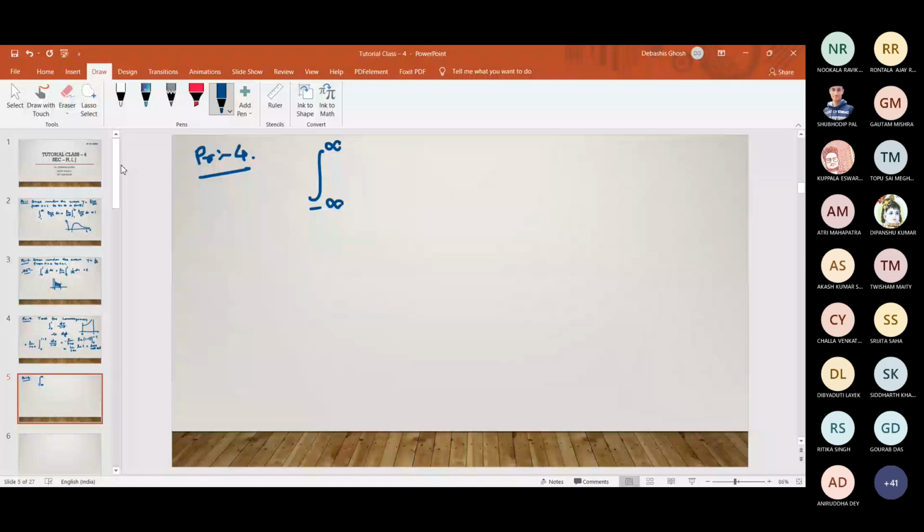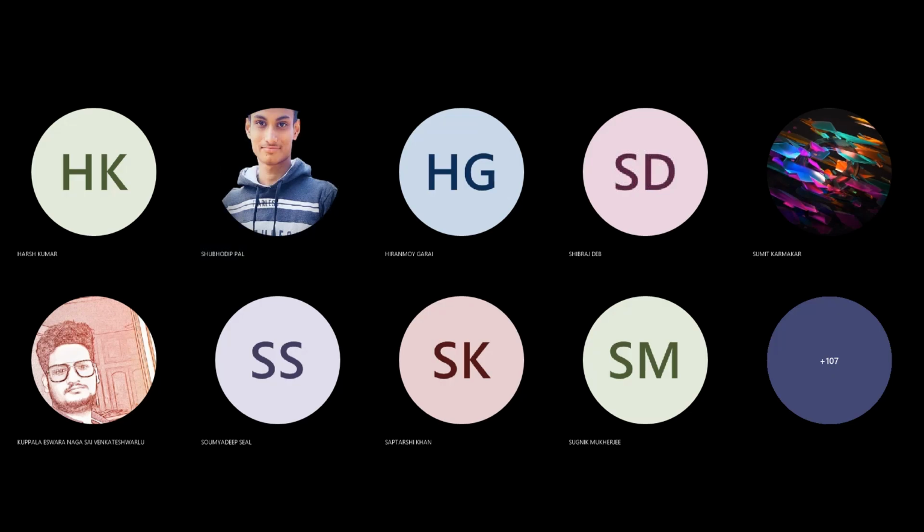It's not visible. Sir, slide not visible, sir. Your voice is also going, sir. It is not visible. Is it now visible? No, sir. Sir, screen is visible, but it is frozen, sir. It is visible, but nothing is visible now. What you are seeing is not actually visible. Minus infinity to infinity integral. That's problem number 4. Minus infinity to infinity. Okay. I'm sharing again.